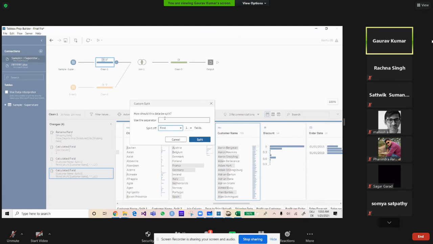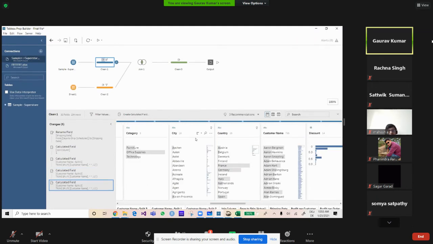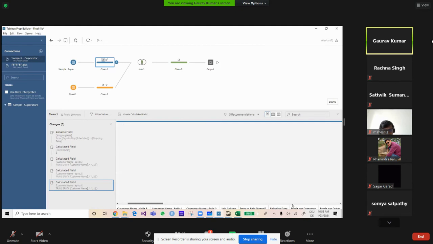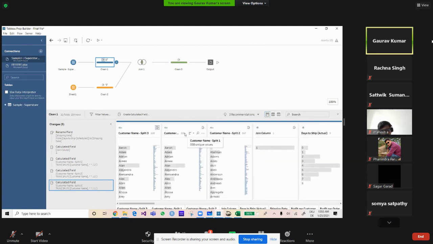So this kind of stuff you can do. For example, here I think it's space only, just to see if it's possible. Yeah, so there is a space only. Once I give the space, it is again just the customer name split. If you see, there are three columns, and now the last name I just split with the first name, so you can see that there is only first name. So this kind of operation you can do here without any coding. Basically, initial pre-processing you can do here.